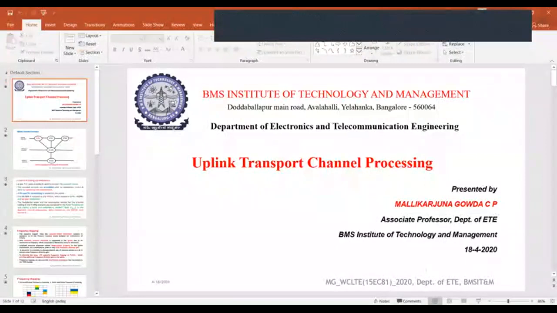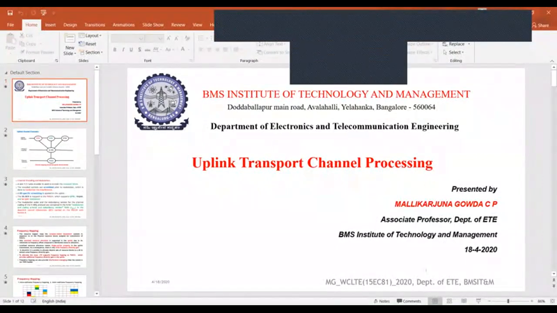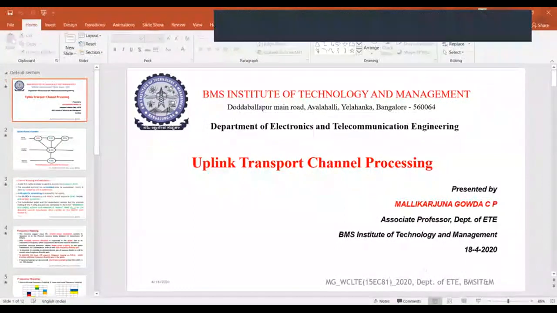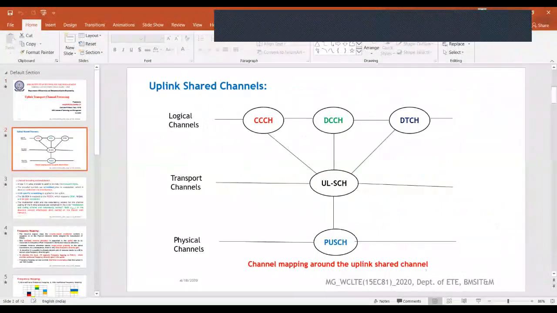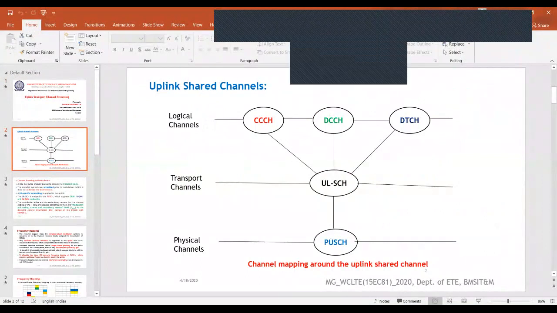Let me start today's lecture on uplink shared channels. I think you might remember this from when we discussed the downlink shared channels. What are the downlink shared channels there, right? So here,